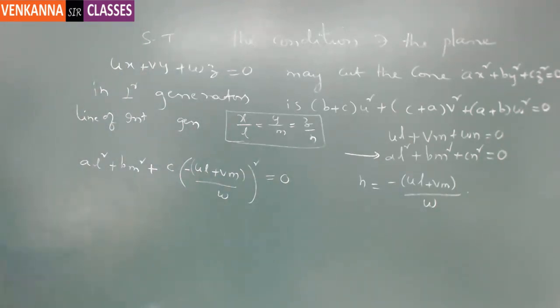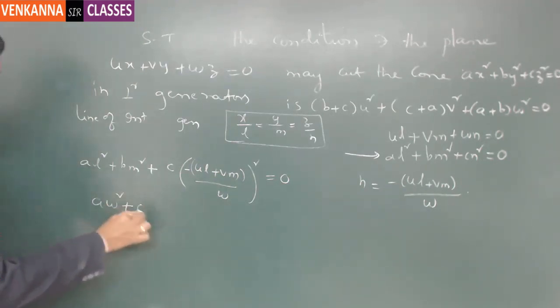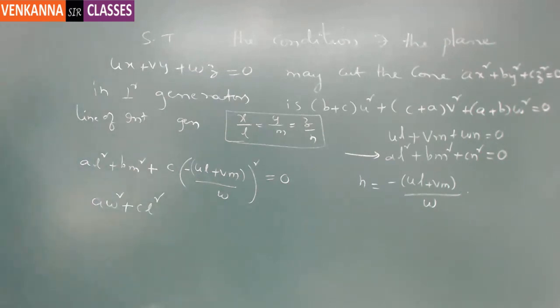So you can simplify the part. On simplifying, you will get that (AW square plus CU square) of L square